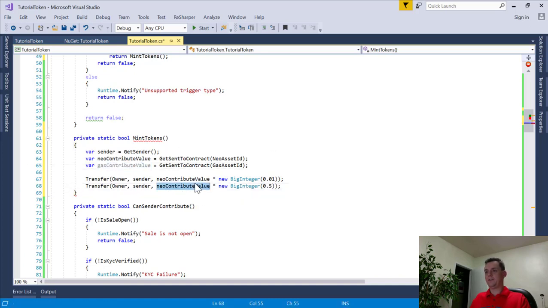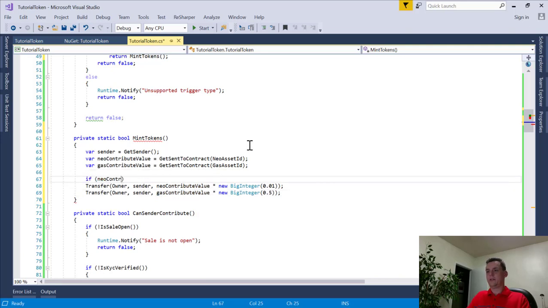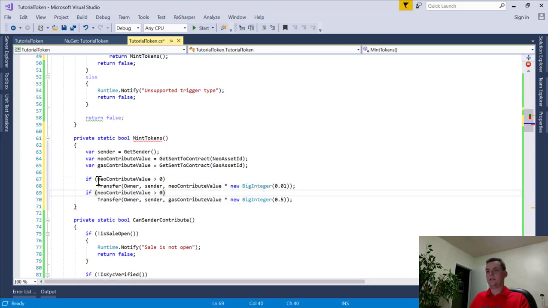Sorry, just bear with me for a second while I write this out here, and then we'll walk through it. And we'll do this if the gas value